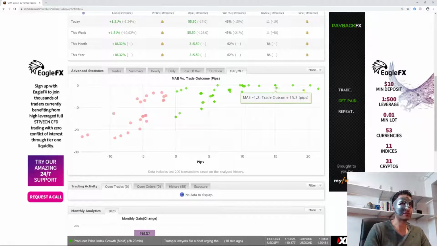Essentially, the reason why this statistic is so important is because I have no idea how anyone is setting their stop loss without it. Now, all I hear is set your stop loss behind the swing low, swing high. It's all complete and utter rubbish. I'm sorry to say, but it is utter rubbish. Every market maker knows those areas. They're going to be hunting those for liquidity. So the last thing you want to do is place your stop losses in those areas.